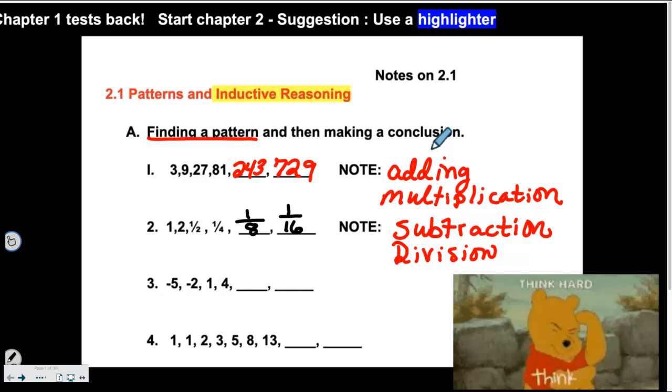Any one of those are correct. So let's go to this next one and see if it's going to fit this, this, or neither. I'm looking at the numbers. They're going up in value. So the first thing I'm going to do is see if there's a consistent number being added.